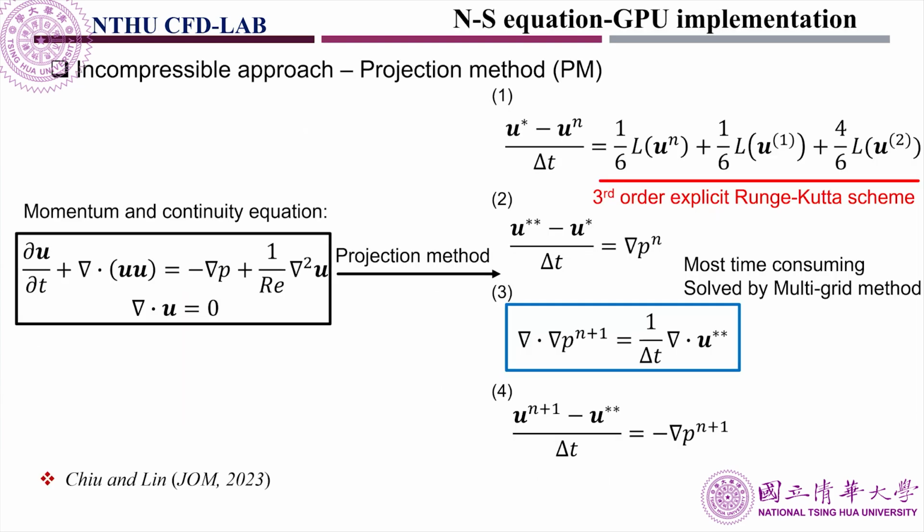Now, moving to the incompressible projection method. That is the method that we have been using for many years. So we have the momentum equation and projection method with different steps. And in order to obtain a divergence-free condition, we need to solve the pressure Poisson equation here. And actually, this is the most time-consuming part. Traditionally, you can use GMRES, multigrid, whatever you use. You can solve that. There's no problem. So how can we port that